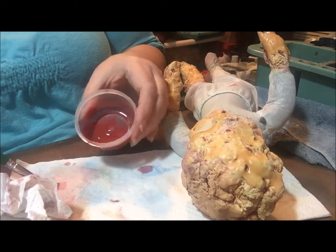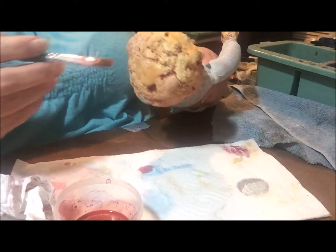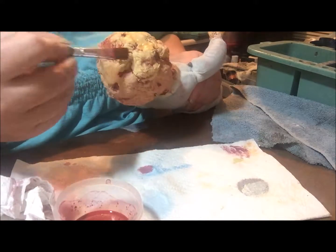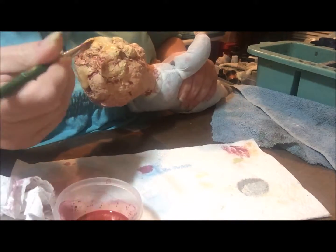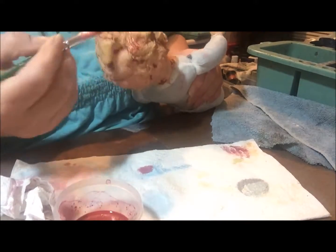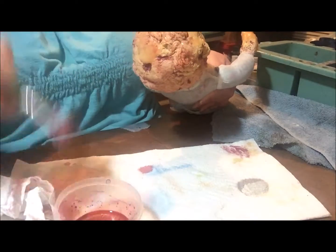Okay, so you can see that it's still real thin. The alcohol should make this stick a little bit better. We'll see. I don't know. Because alcohol ink sticks to everything. But this isn't ink, this is paint. So